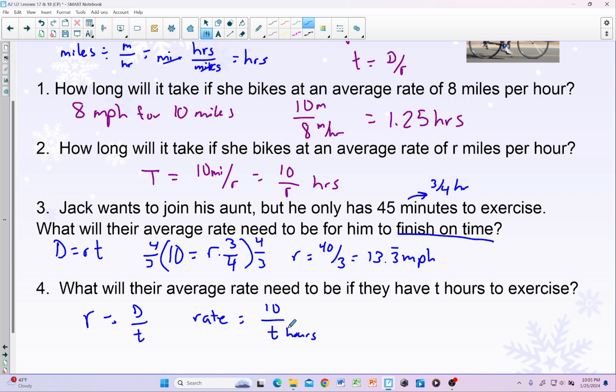And the same thing for above. The faster I go, the less time it takes. When you have division of some sort of variable concept like this, when one piece increases, the other decreases. So if we're dividing by a bigger and bigger number, it's going to cause the rate to go down, despite the fact that time is going up. That's a big piece of dealing with what we call these rational functions. Okay,